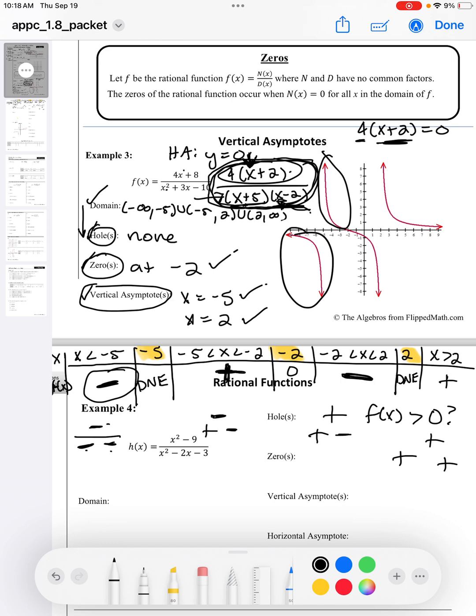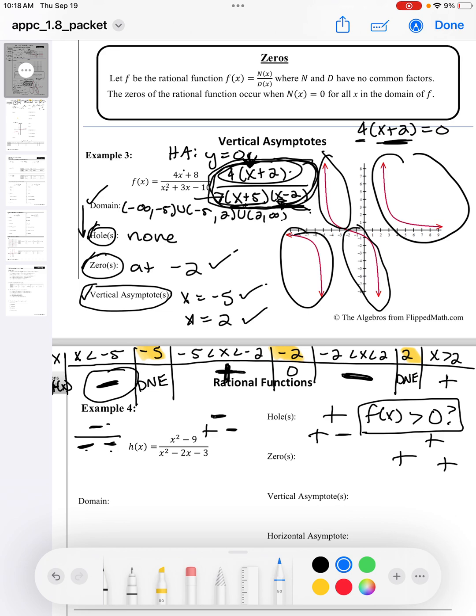Between -2 and 2, is the graph negative? Yes. When x is greater than 2, is the graph positive? Yes. So that's how you do a sign chart. So if the question was, when is the graph greater than 0, it would be